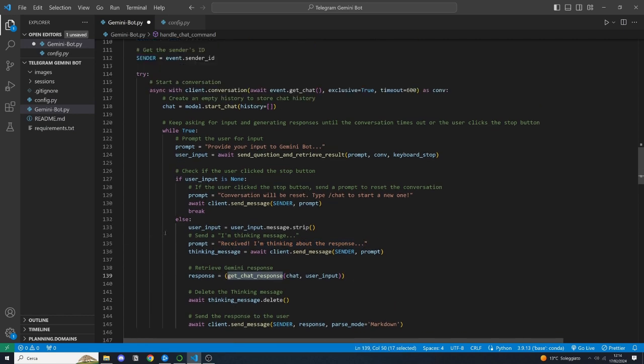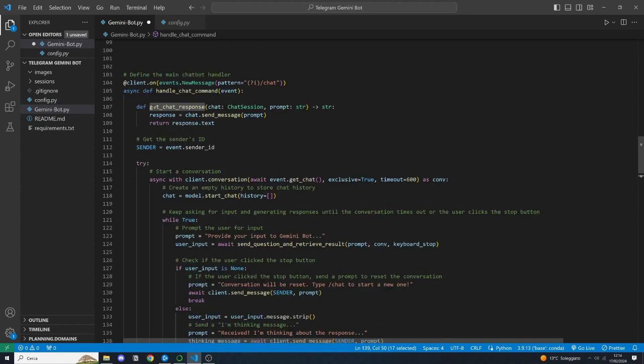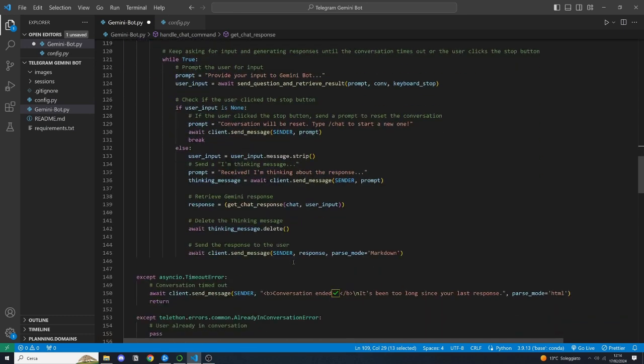And here we call the getChat response, that is of course defined inside this async function. So this message, this prompt, will be sent to the Vertex AI module, and of course a response will be generated. So we return the text of the response. We then delete the thinking message, and lastly send the response to the user. So the user inside the chat will actually see the message that was generated by the Vertex